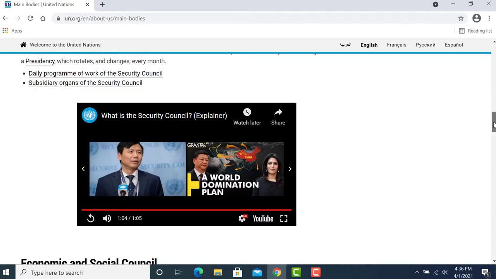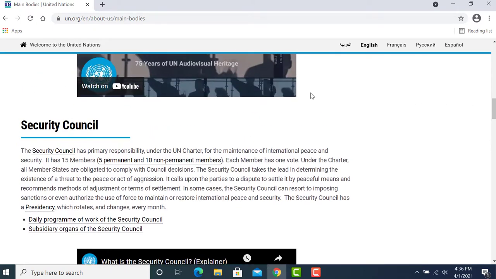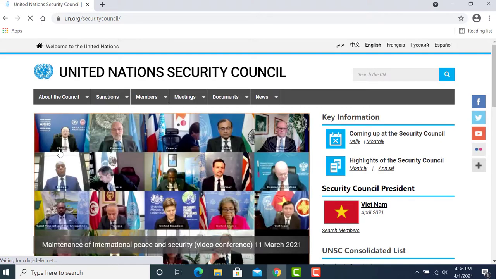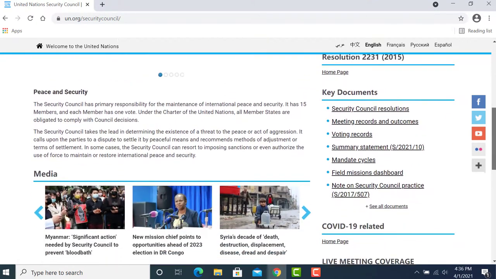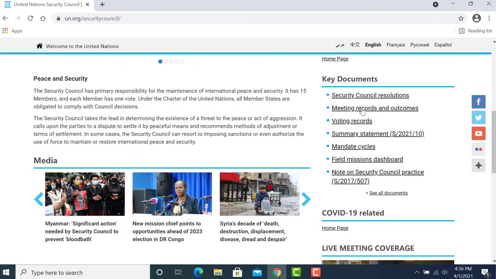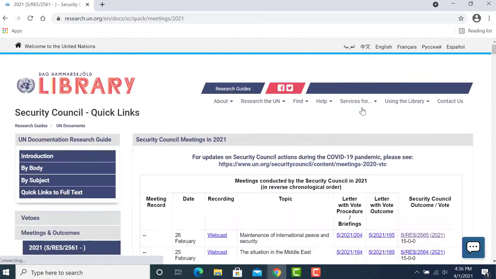Alright, so under Security Council, click on Security Council in the first line. That'll take you to a page where on the right hand side you'll find a section called Key Documents. We're going to click on Meeting, Records, and Outcomes, and you'll see